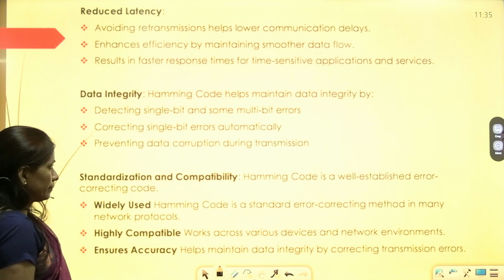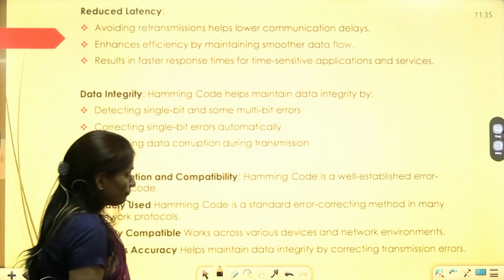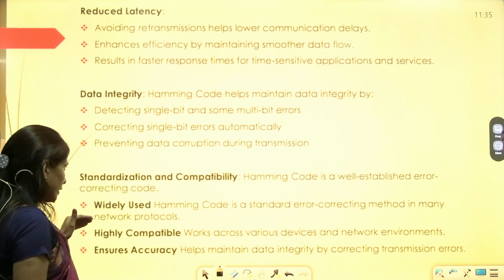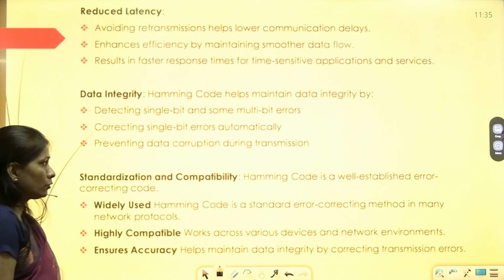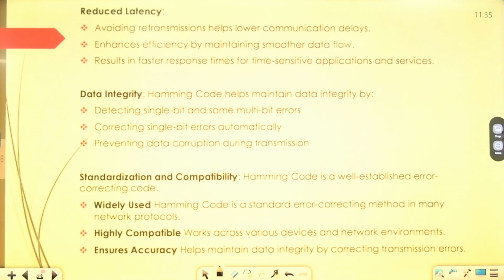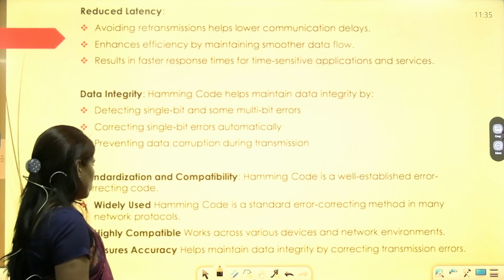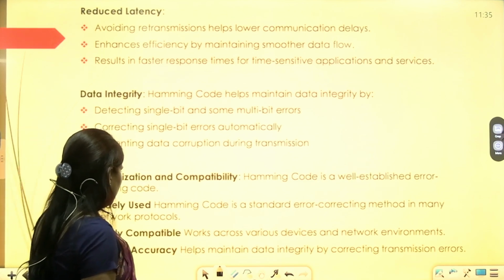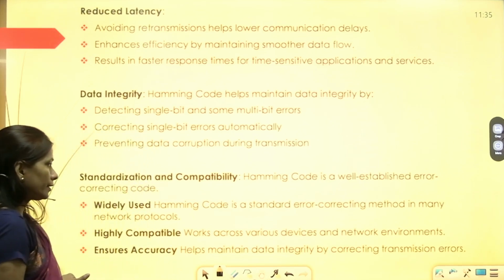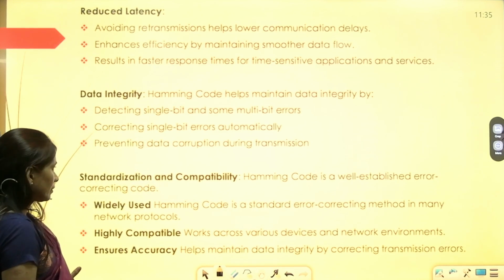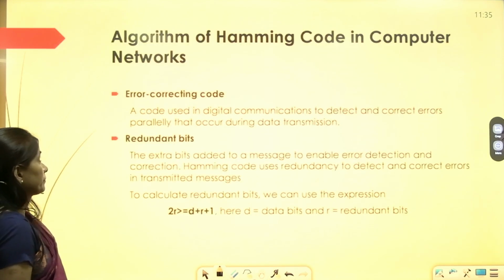Standardization and compatibility: Hamming code is a well-established error correcting code, widely used as a standard error correcting method in many network protocols. Highly compatible, ensuring accuracy, it helps maintain data integrity by correcting transmission errors.